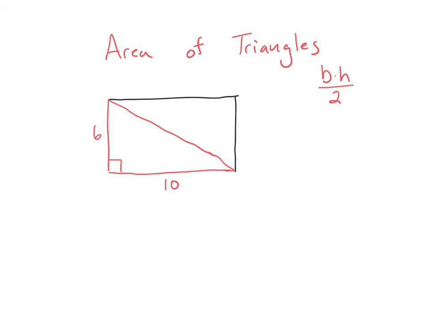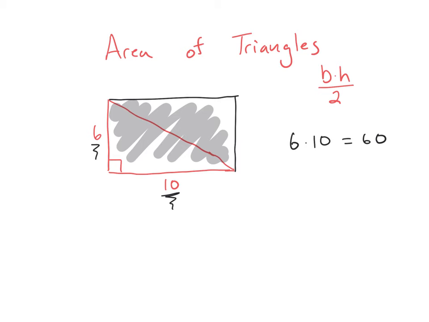We know how to find the area of a rectangle. The area of a rectangle is just base times the height. So we have 6 times 10, which will give us 60. But that's the area of the whole thing, and we only want area of this half. So we just take our number and we divide it by 2 to get our final answer of 30 units